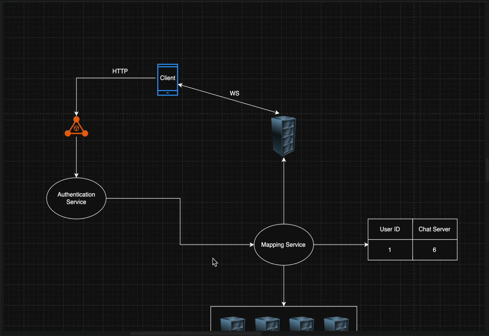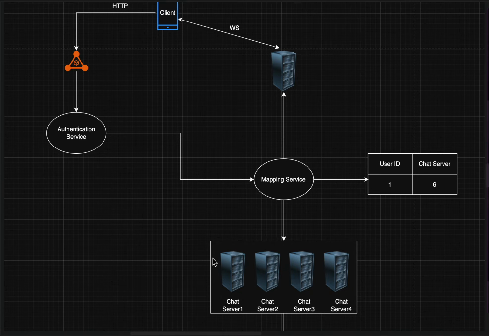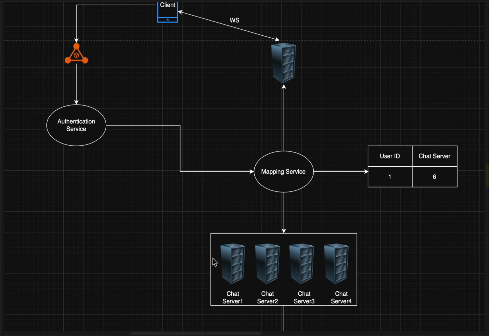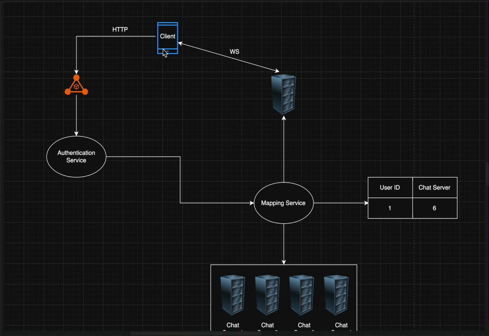So what our design will look like is something like this. Okay, there will be a client, and through a normal HTTP call, it will communicate with the authentication service, and this authentication service will be hitting this mapping service. So we will be having a mapping service where we will be saving every user and